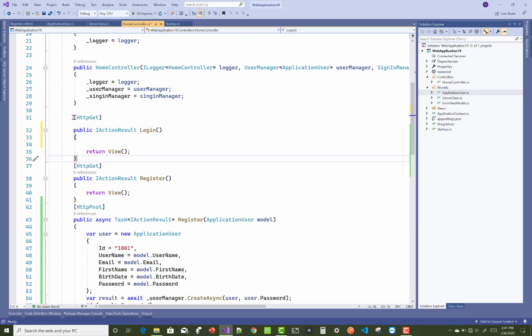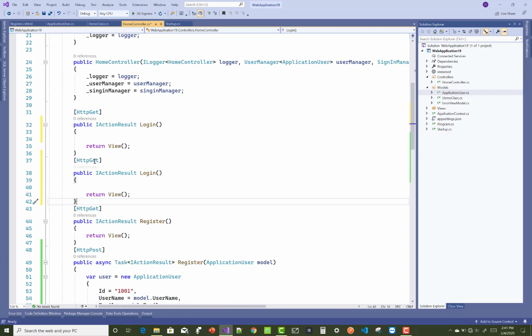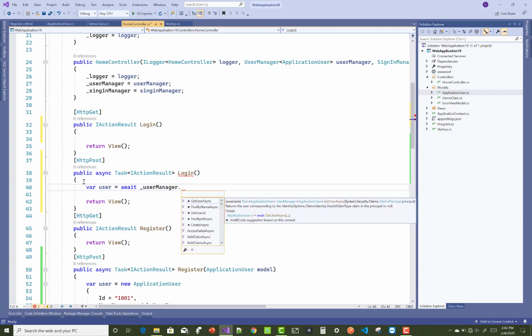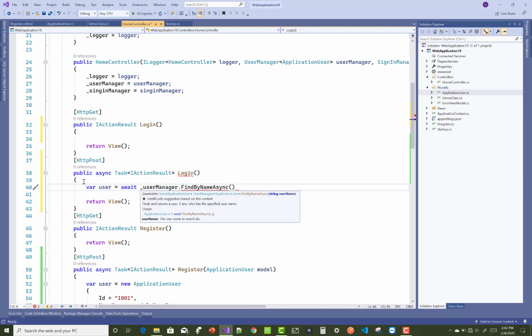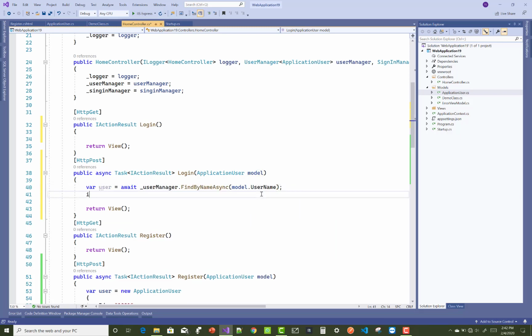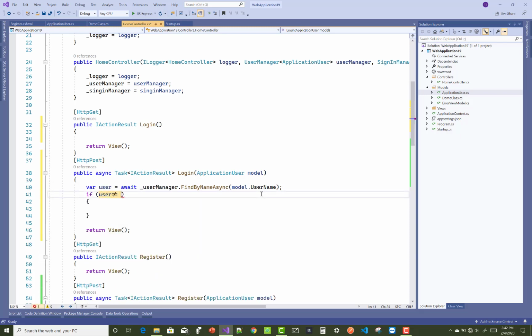Now after that, you can prepare your login form. You can prepare your post action method of the login. So HttpPost section and the login, in which you can pass the ApplicationUser class as a parameter, and also make it an async method for the login, because the SignInManager class PasswordSignInAsync method actually exists as an async method. So UserManager.FindByNameAsync is also there, so you can make your method async. With the ApplicationUser model, in the FindByNameAsync method you can pass model.UserName. Okay, so if the user is not equal to null, then sign in to your system by using the